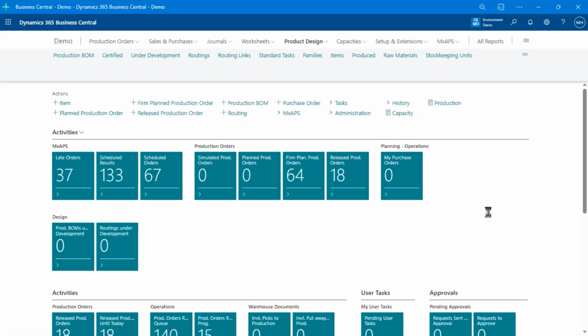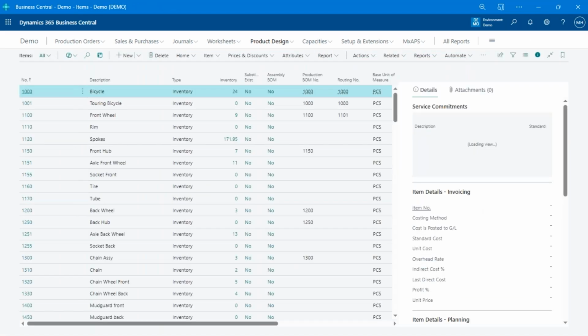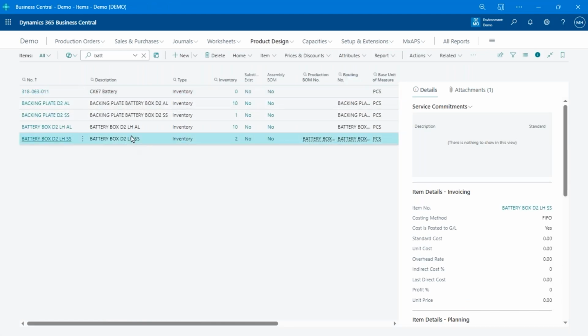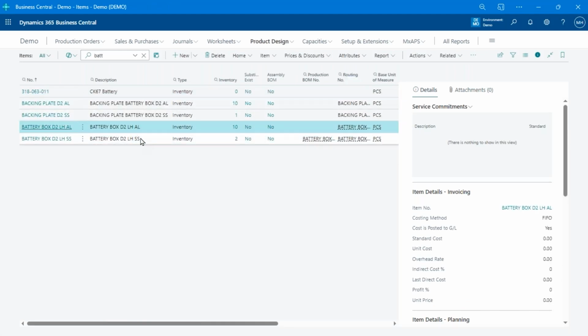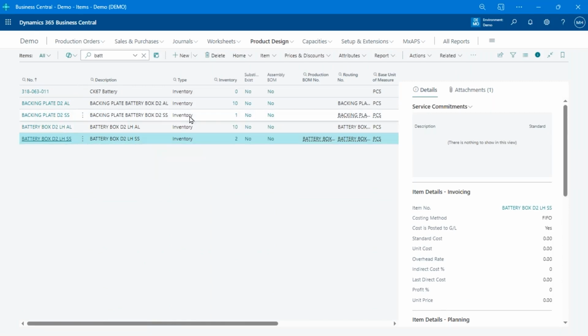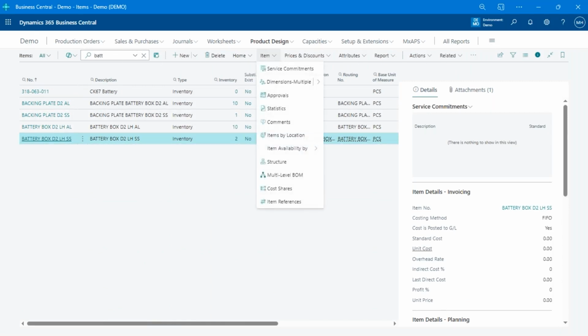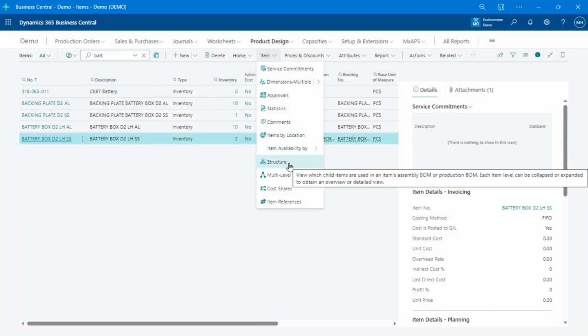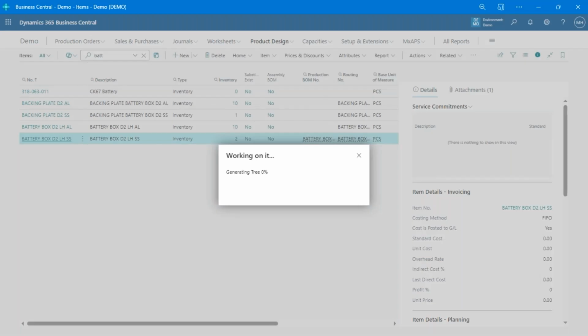And what I'm going to do is bring up the top level item that we're actually scheduling in the system. Today we're going to manufacture these battery boxes, right? So we've got this AL, which is aluminum, and we've got SS, which is stainless steel. And if we come in here and look at the structure of, oops, sorry, I hit the wrong button there. Let's just use the mouse so you see what I'm doing. We're going to check out the structure of this.